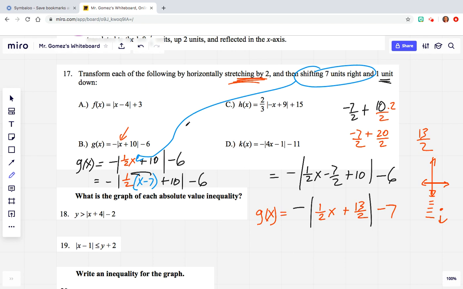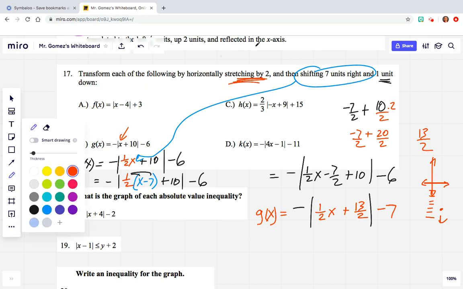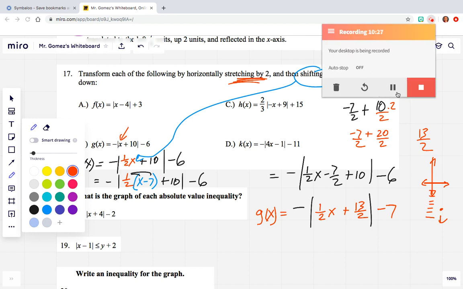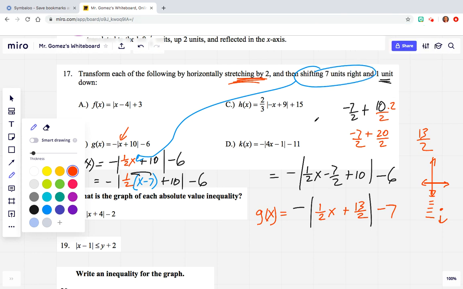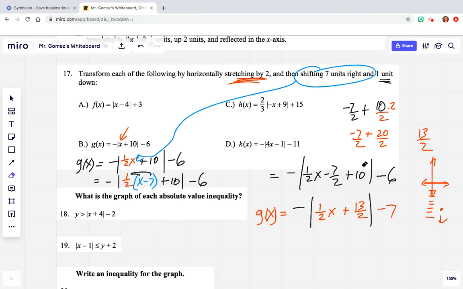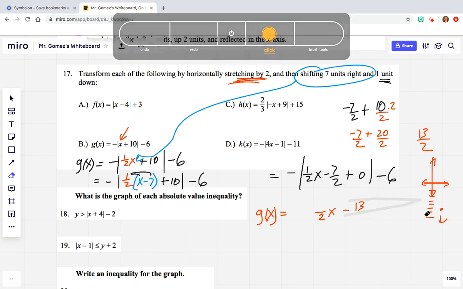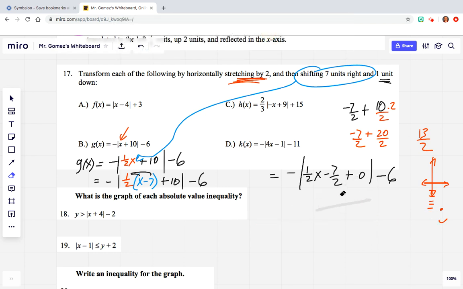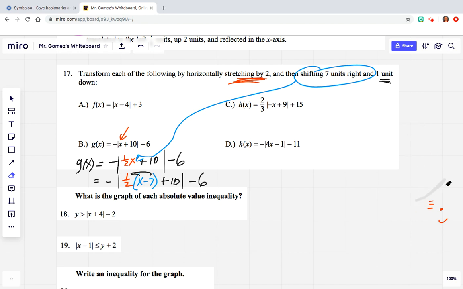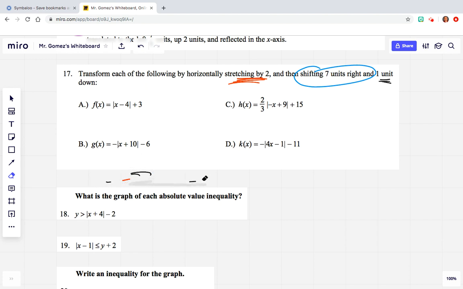Now let's go ahead and move on to C. Okay, so now let's go to C. Okay, so we're going to go to C, and still doing all of these same transformations as far as what was given in our instructions, but we're doing it for 4 of these equations, okay? So let's go to